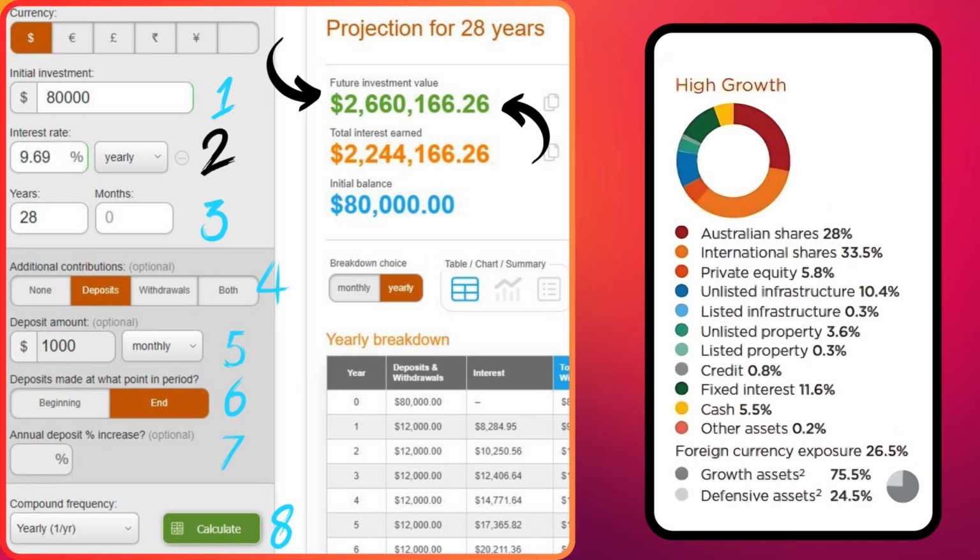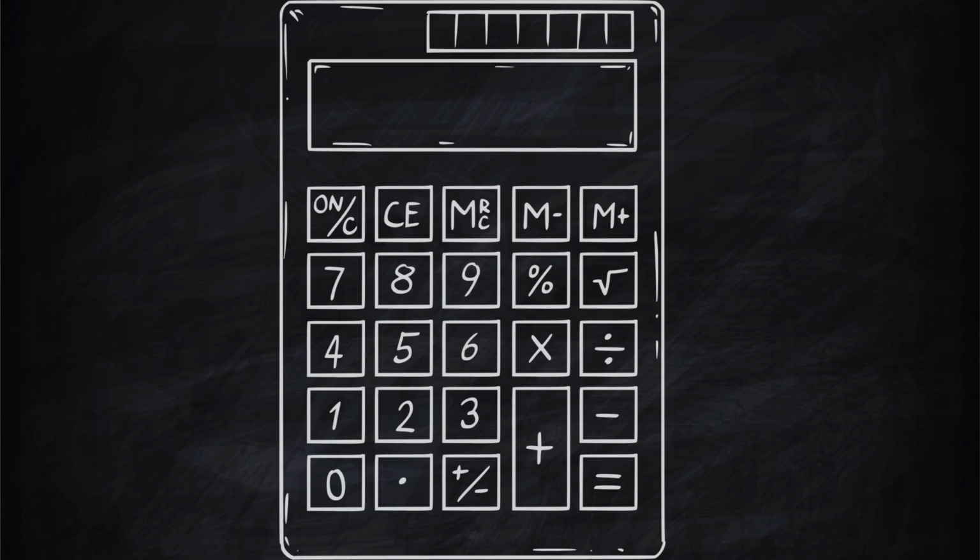Now we're going to compare this with the high growth portfolio, and we're just going to change number two. As you can see, changing number two, which was a return rate of 9.69%, our portfolio went from the $2,188,818 to $2,660,166. Just doing this little change, if we go into our calculator, the high growth return of $2,660,166 minus the balanced $2,188,818 has a difference of